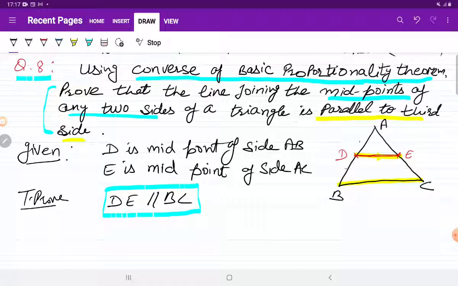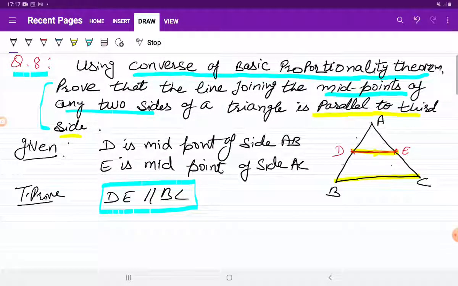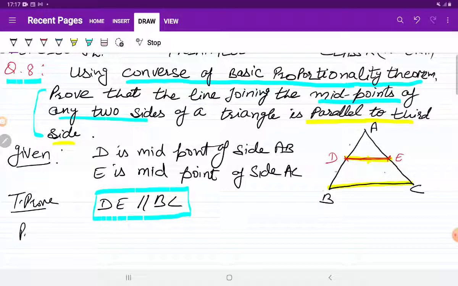So first of all, what we have to do? We have to make these two ratios equal, AD upon DB and AE upon EC. जो आपको प्रूव करना है उसके लिए माइंड में एक पिक्चर बनाना है कि आपको प्रूव क्या करना है. आपका एक मोटिव फिक्स होना चाहिए. जैसे मैंने अभी सोचा कि मुझे AD upon DB is equal to AE upon EC लेके आना है. अगर ये रेशो इक्वल आ गई तो मेरी लाइन्स पैरेलल हो जाएंगी. Okay, so for that, how can we make that ratio equal? Let us see. So our proof will be,